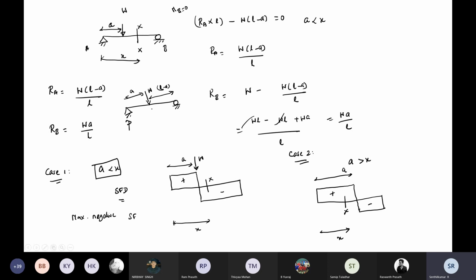So where you are going to position your W is before X or after X. If you are having it before X, it will be the maximum negative shear force. If you are having it after X, you will get the maximum positive. This is called maximum positive shear force. If you are having it exactly at equal also, you will get positive as well as negative. You can easily say it is the maximum positive shear force at the section, right?